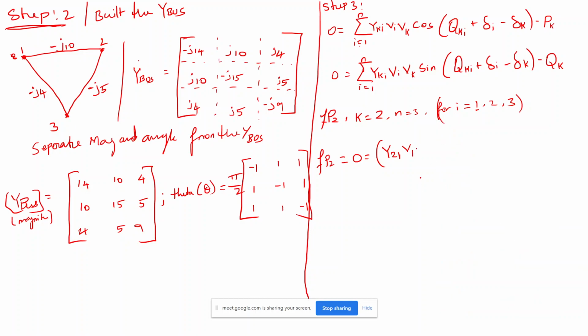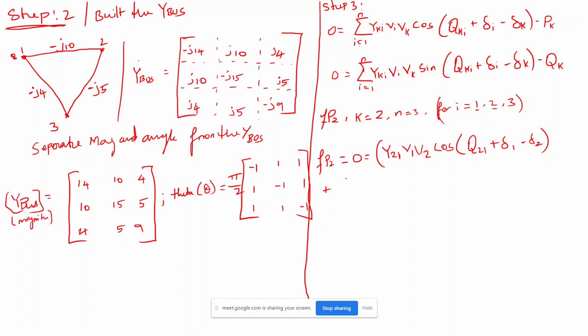So this is v1, and what is k? K is 2, again v2, and then cos will be same as cos, and then q, what is k? 2, I is 1, y is 1 plus del 1 minus del 2. This is for one iteration, sorry, for the first step of the summation, and then plus, now I is